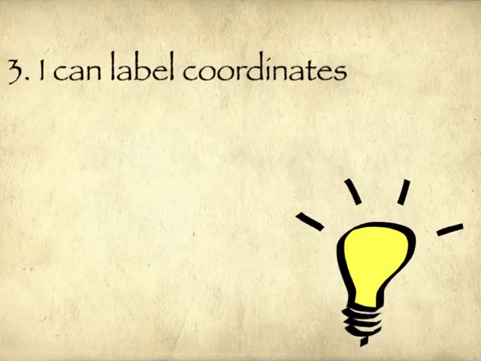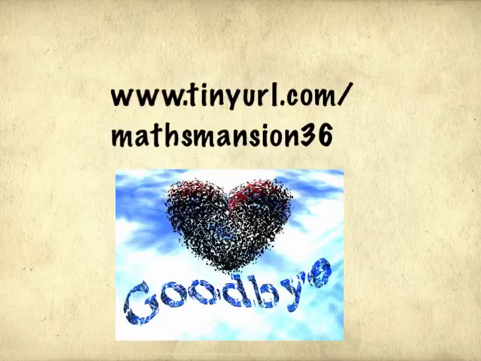Our third and final objective today is to label coordinates, and that should also be review. So we just have a quick activity to do with it. And of course, when I say activity, I mean Maths Mansion. So here's your review,